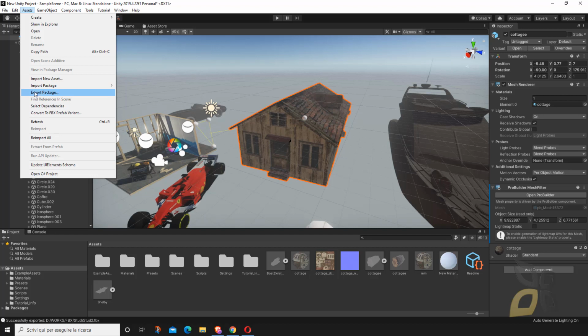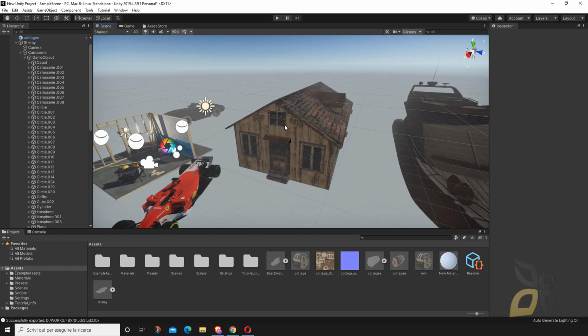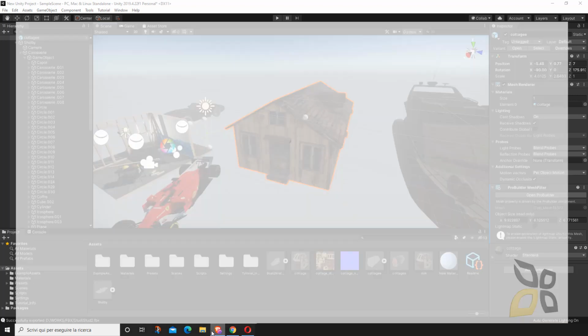So if you export a package, then in Unity that's going to be a Unity file, and then you can re-import that package directly. So it's another way you can export and import, but this time you will stay in Unity. So this is for example using this one in another Unity project and not in a totally different 3D software or application. So this is all for this video.